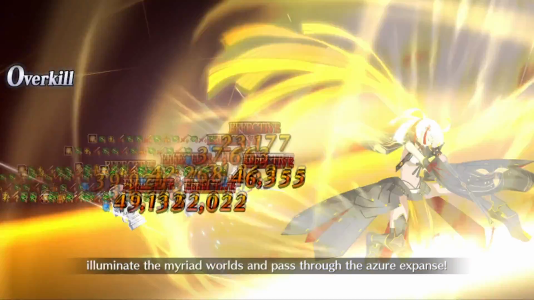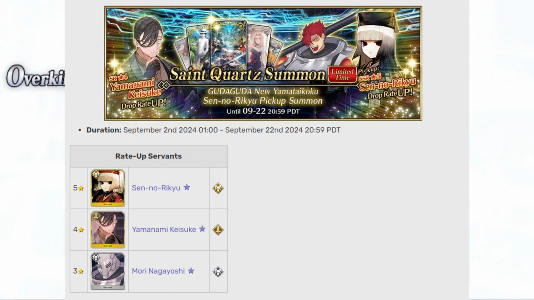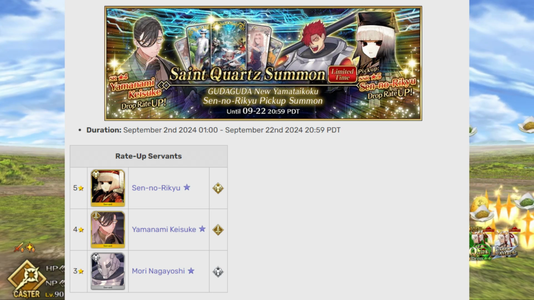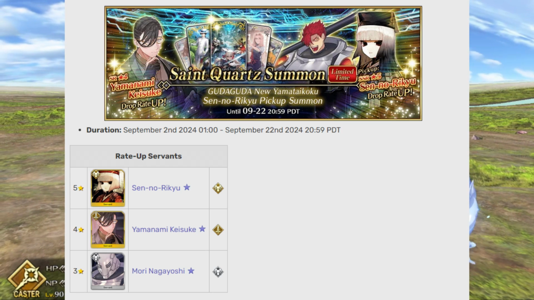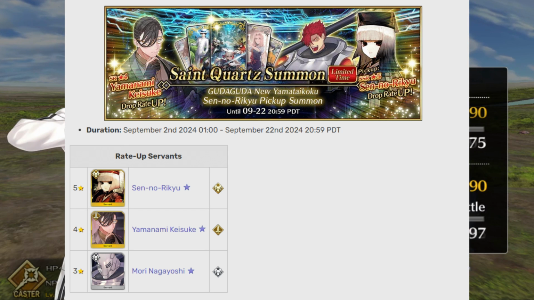And I guess speaking of Senno Rikyu, I already put up my video on her the other day, but talking about the banner that's coming out, it is a little bit unfortunate that she's as good as she is because her banner is not super great. I mean, Kisuke over there is okay. He's kind of fine as a support type servant that if you want to use Shinsengumi guys with him, you get a little bit of added benefit because they get the big crit damage, but there's not really a reason